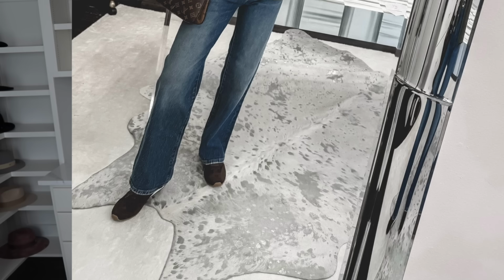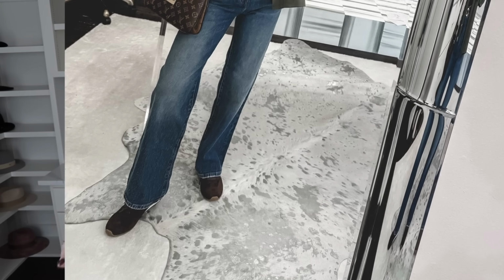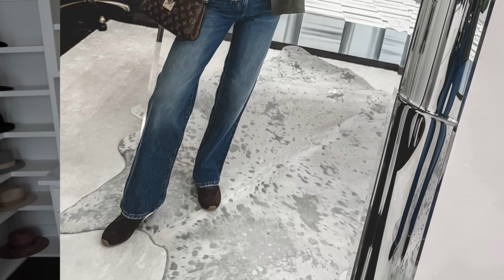I paired it with this really cool army jacket. Such a great jacket. It's got a cropped fit, so very fashion forward. And then these are my favorite Madewell wide leg jeans. I love these because they're that ever so popular wide leg denim silhouette. They're high waisted, and I really love this dark wash for fall and winter. And then how about these amazing chocolate brown sneakers? $47. Yes, you heard me right. They literally look exactly like the Veronica Beard slim sneakers, but since these are from Nordstrom Rack, they're a fraction